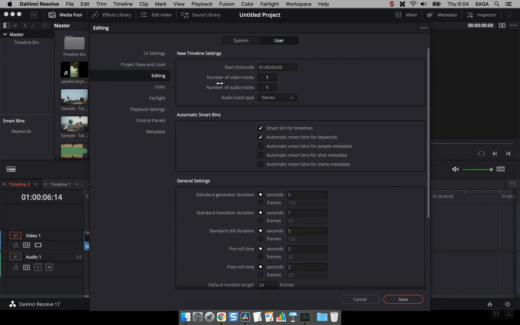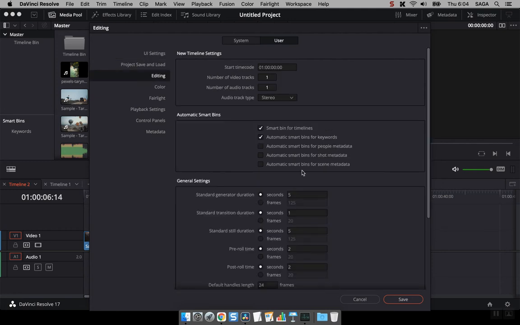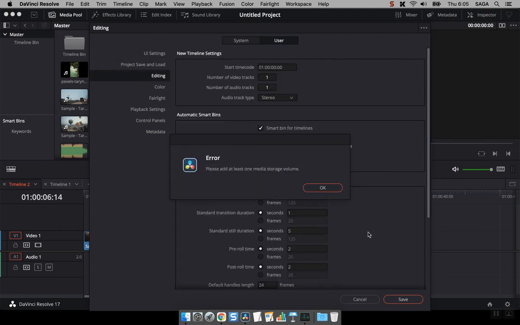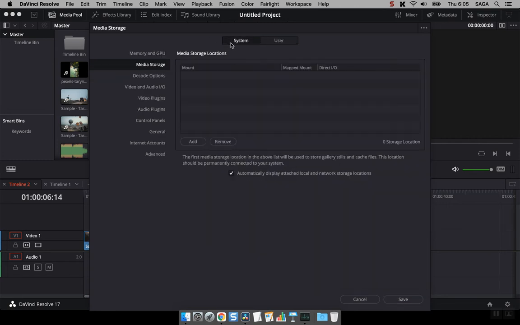it's giving me an issue here. Let me try that again. Please add at least 1 media storage volume. So I'm not too sure what this is referring to. Oh, okay, over here I need to add one. Okay, you know what, it's not a big deal, but this is what you will need to do: come to user over here,